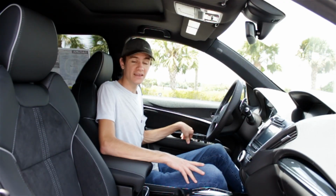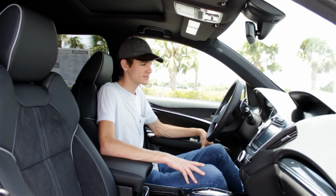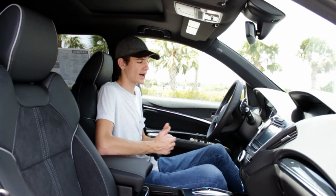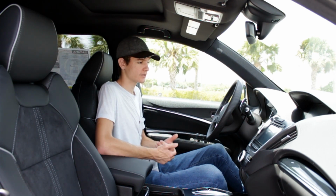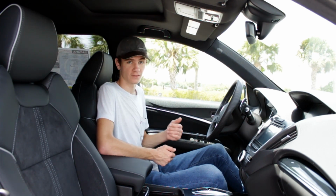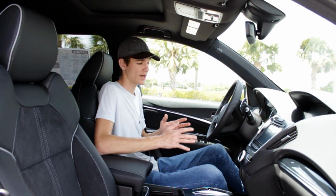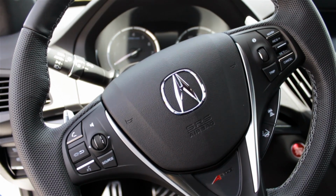Hopping back into the interior of the 2019 MDX, I have to say that as gorgeous as the exterior of this car is, I had really high hopes for the interior as well, and unfortunately, it is just a little bit of a letdown, but for only one very specific reason. We're gonna get to that in just a minute, but first, let's take a moment to talk about some of